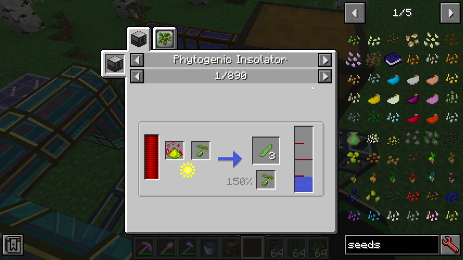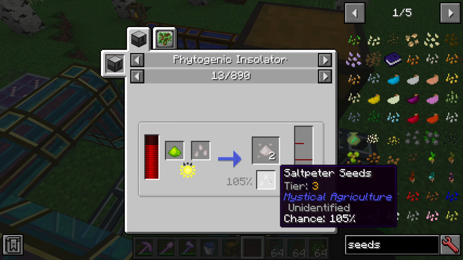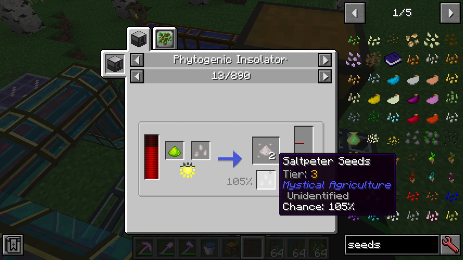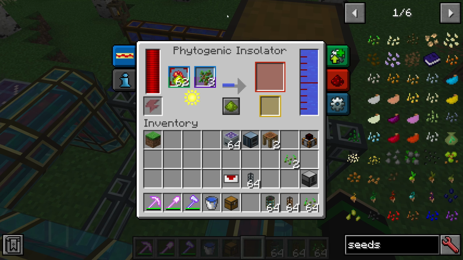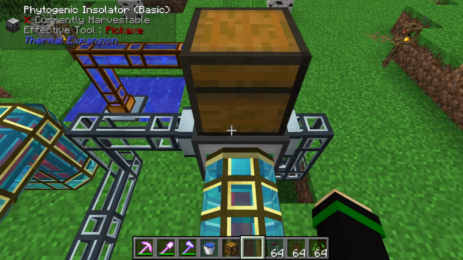Another very useful thing, and this goes for both farming and not farming: if you look at some of these recipes, you can tell that most of the secondary outputs have a chance higher than 100%. This means that you're going to get, on average, more than one seed out. So it'll fill up with seeds over time, and it could end up clogging up your machine. If you want to get the seeds, I would recommend